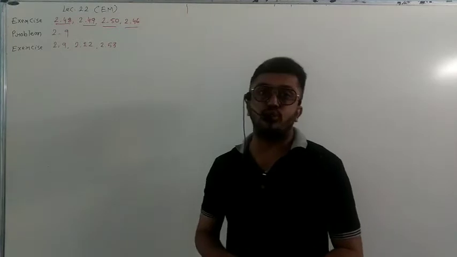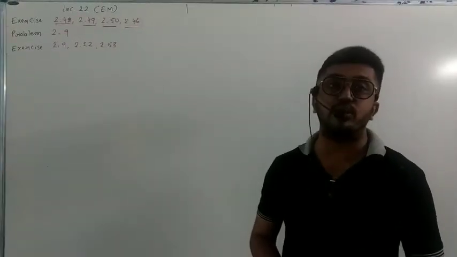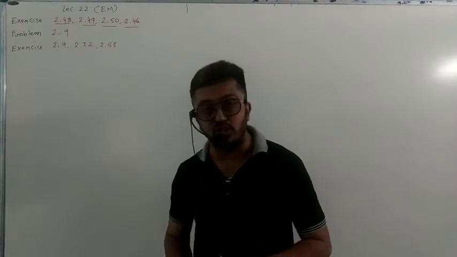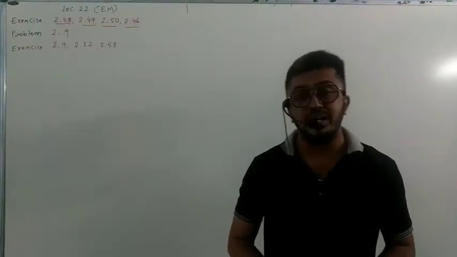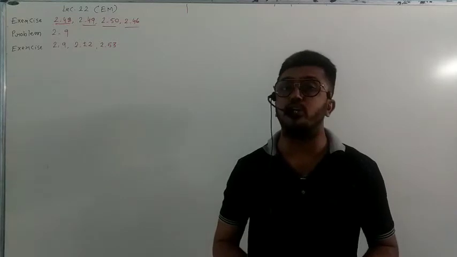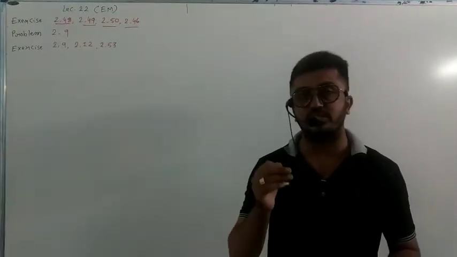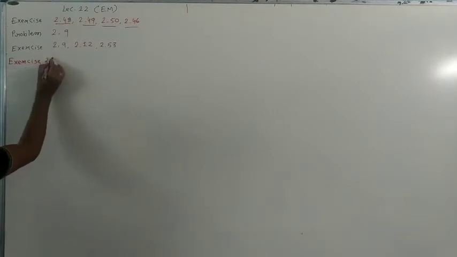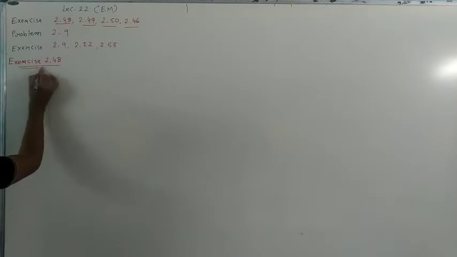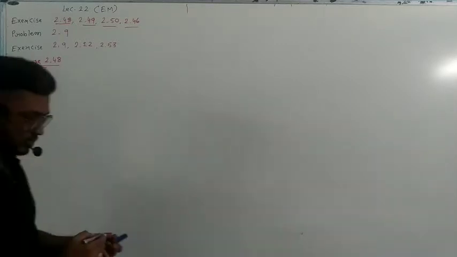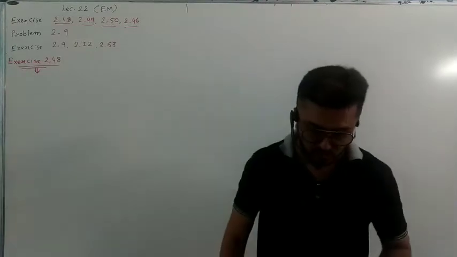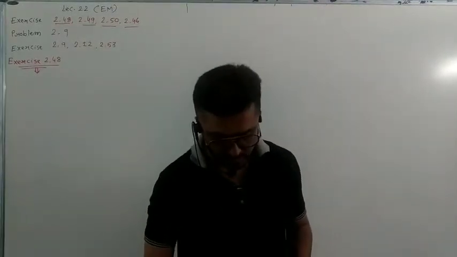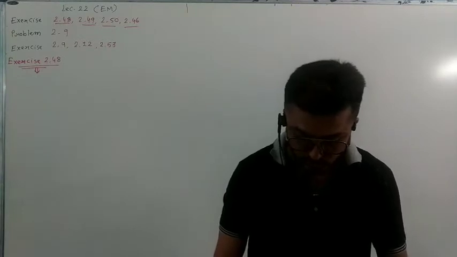So, first of all, we will solve exercise number 2.48 numerical. Again, dear students, I will repeat my instruction: open your textbook and see exercise number 2.48. Okay, here it is. Now, the question is, in astronomical observations, signals observed from the distant